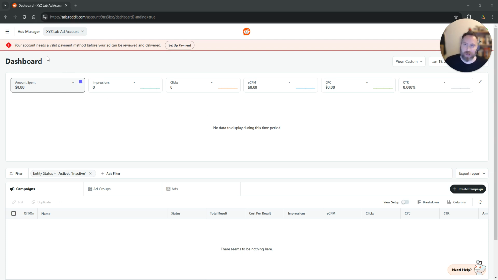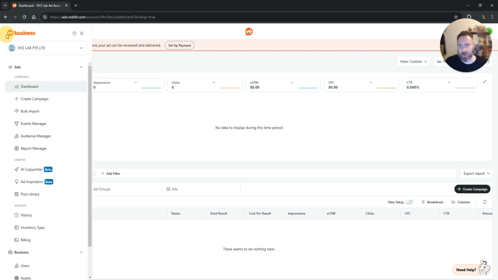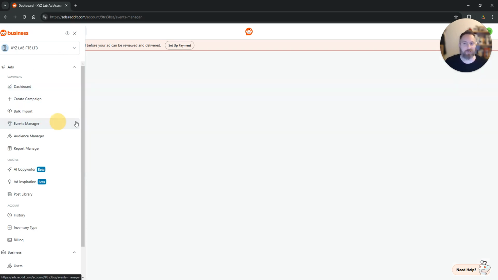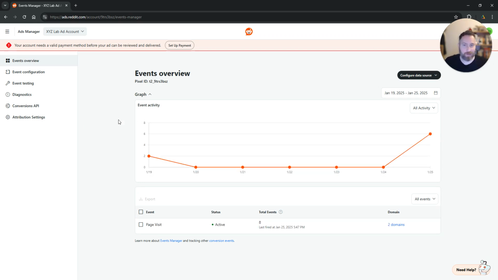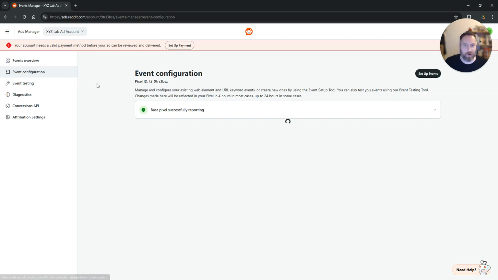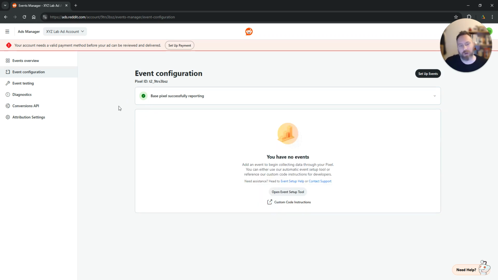Now you log into your Reddit ads, you go on the top left hand side and you open your menu and you navigate to Events Manager. Again, a quick note that in order to create events, you need to have your Reddit ads pixel installed in all the pages of your website. We have a video about that. It is in the video description below. Now, what we need to do is go to Event Configuration. And here you should see that your base pixel is successfully reporting, and we need to click Open Event Setup